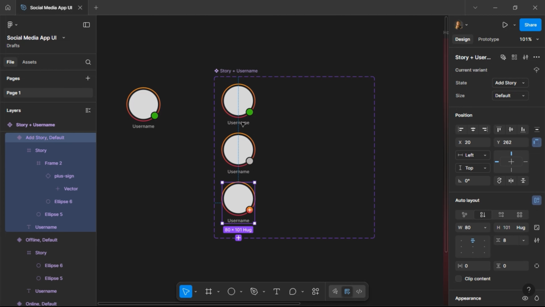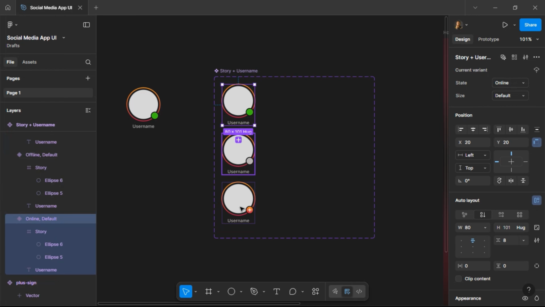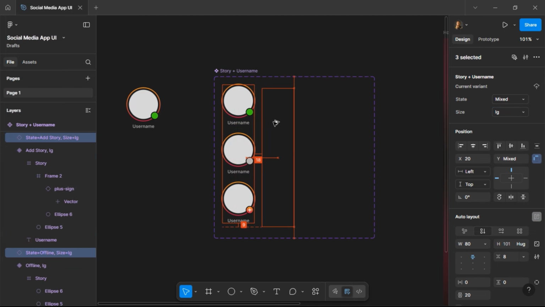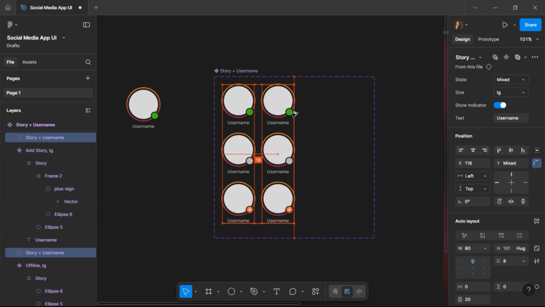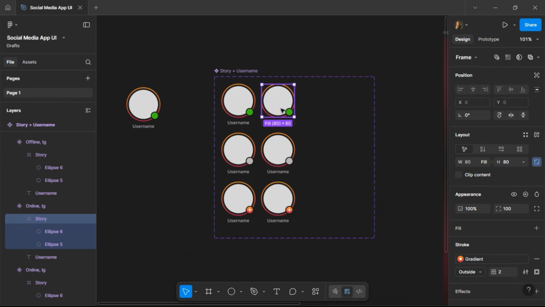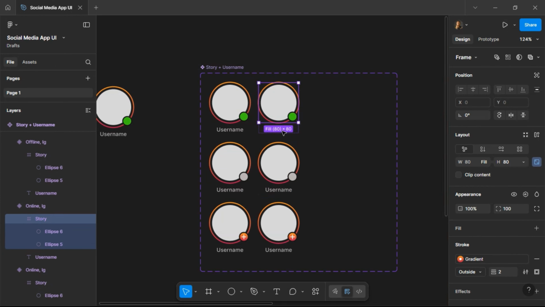So now that we've done that, this particular size is the large size. So I'm going to select all of them and change the size to large. We're just going to use LG as large. Now I'm going to hold Alt while dragging to duplicate. So now the next size we're going to have, we select this by double clicking. Make sure that what you select is this particular frame here, the story frame. Select this, select this. Now that you've selected 3 of them, hit K on your keyboard to see the scale